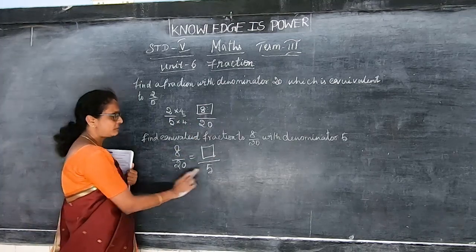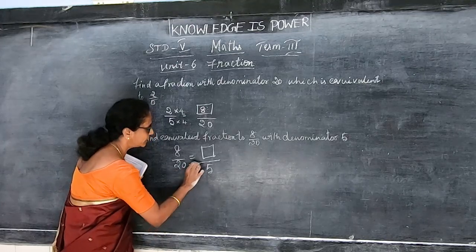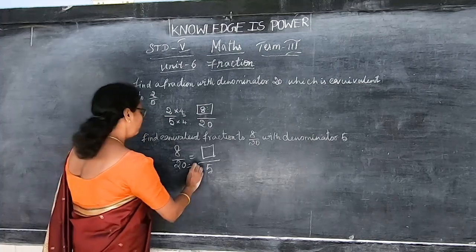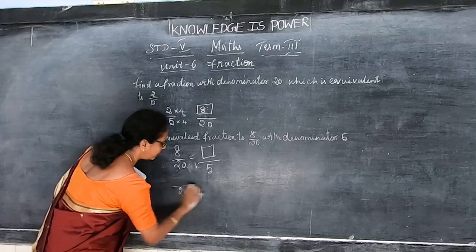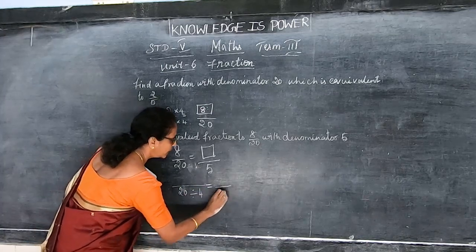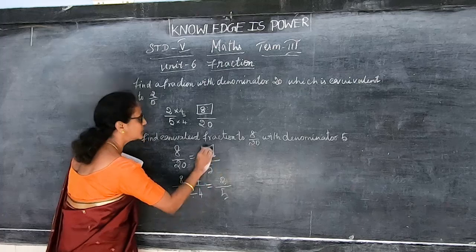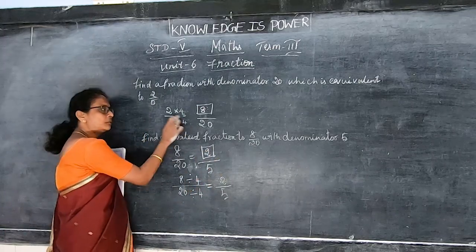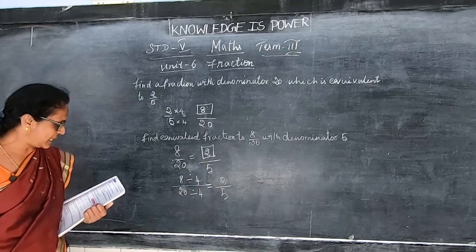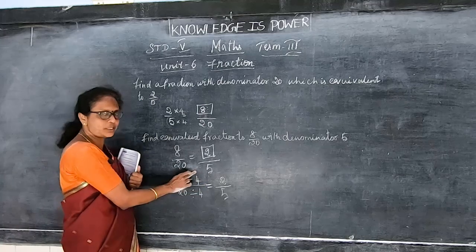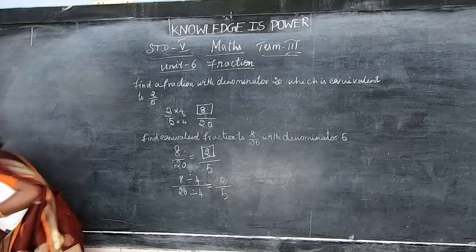Here they have given the biggest number and the smallest number. So you do 20 divided by 5, that gives 4. Similarly 8 divided by 4 is 2, since 4 2s are 8. When the smallest number is given, multiply; when the biggest number is given, divide. 20 divided by 4 gives 5, 5 4s are 20. So the numerator on top, you have to divide by 4.